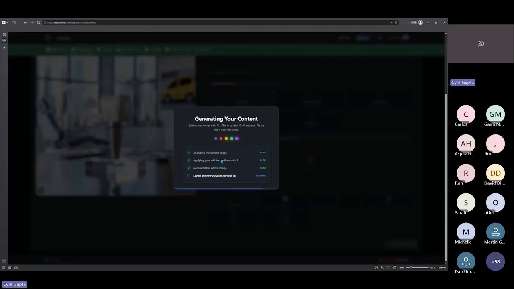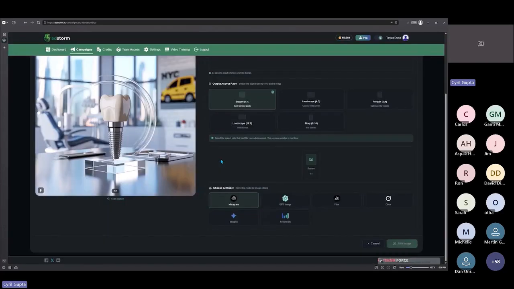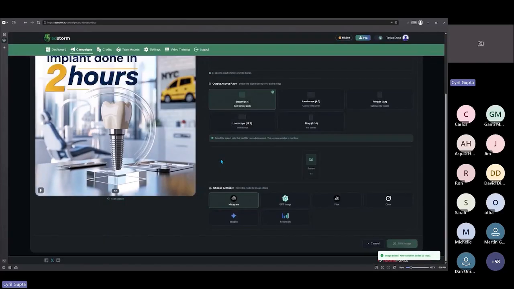Richard says, as we all know, social media platforms like Facebook rely on interruption-based marketing. So Richard, yeah, you can do interrupt, I would say, both of these kinds of ads using Adstorm. All you need to do is tell Adstorm the angle. When you type in the angle, you can tell it, create an interrupt pattern based ad, and it's going to do that. So it's on you how you want to use it. You can create any kind of ad.